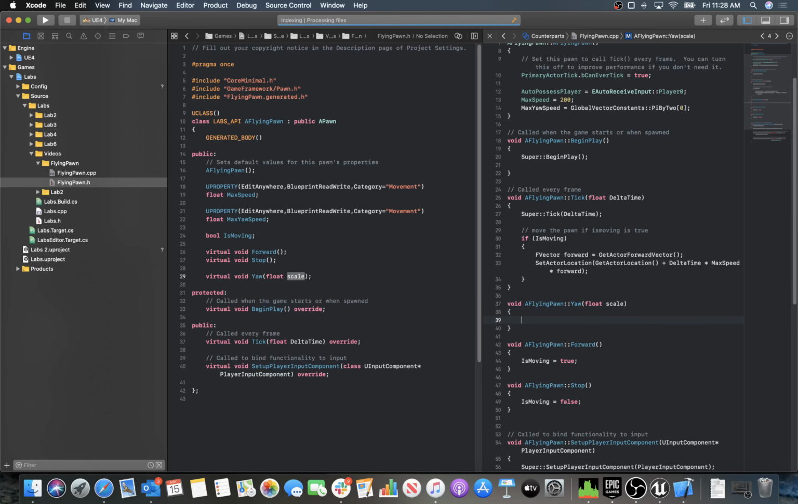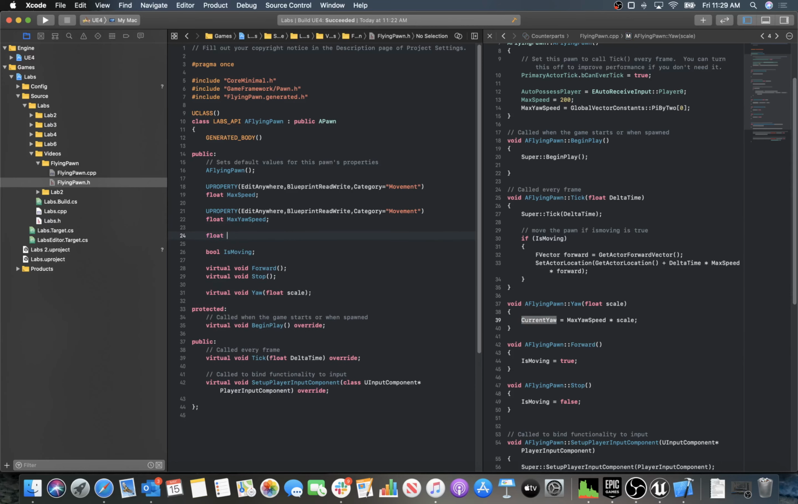And let's define it pretty simply. We'll say something like current yaw equals max yaw speed times scale. This implies that we need to know what our current speed is, because it's going to ramp up to -1 from wherever it is. So maybe if it was +1, it'll ramp to -1, and so it's going to take some time over several frames to get there. Which means that we do want a second property here, which we'll just call float